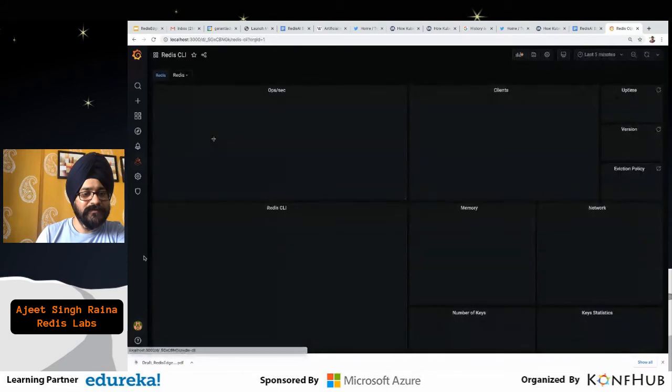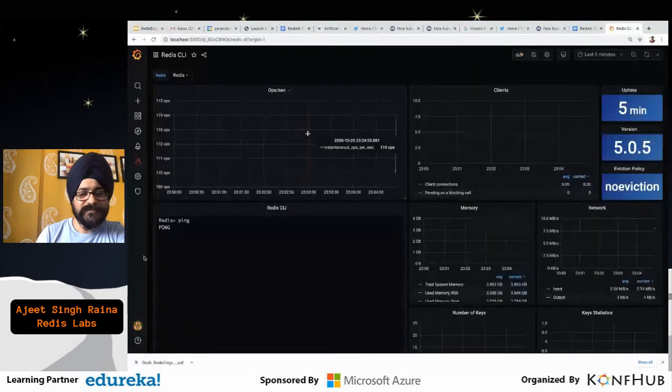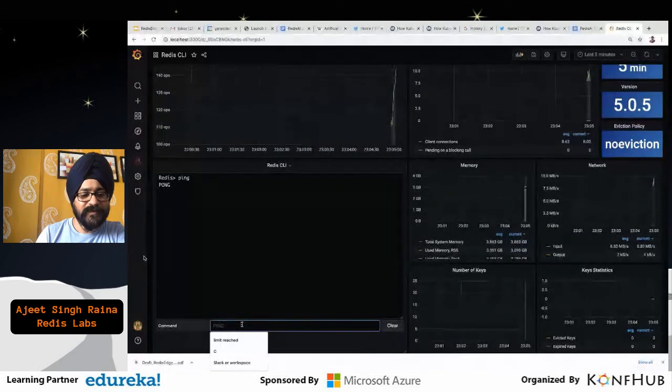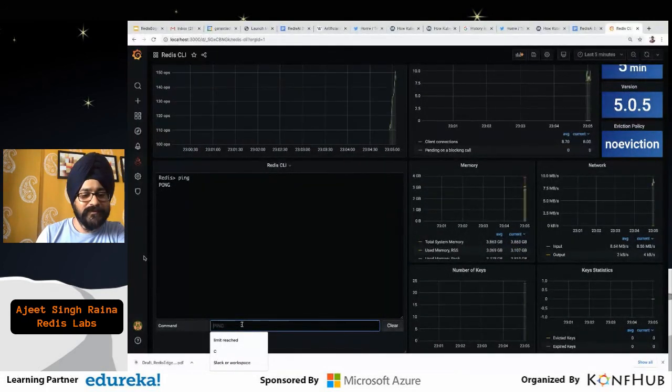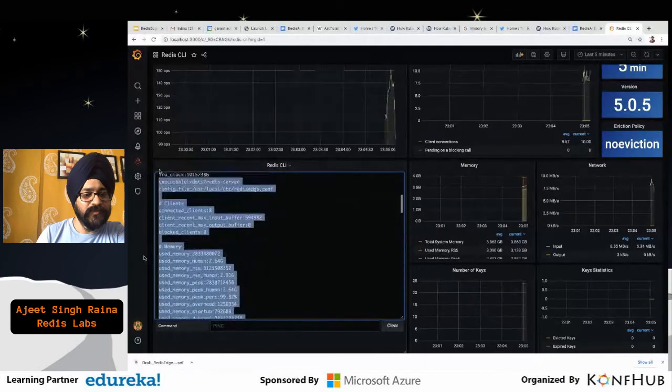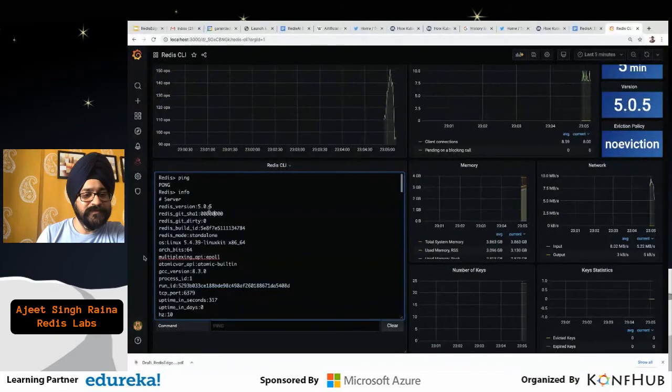But let's try to run some kind of query right on top of your Grafana dashboard. So this is where you can run the command. Let me go back, and you can run all those. You can see the information about the modules, or the database. So this is the Redis server information which you are fetching.